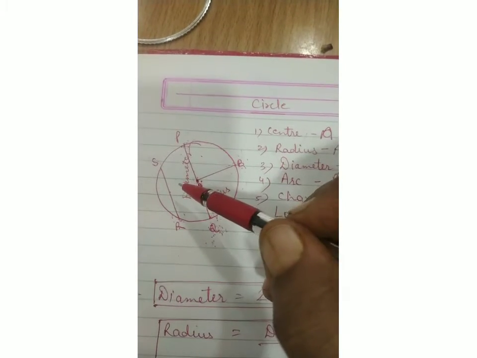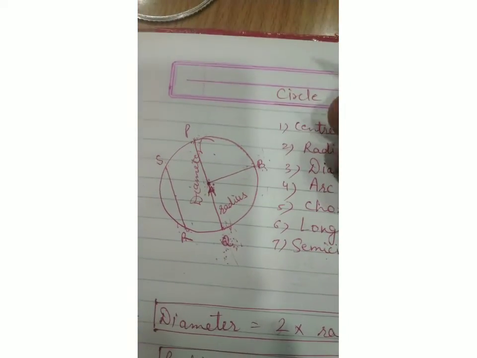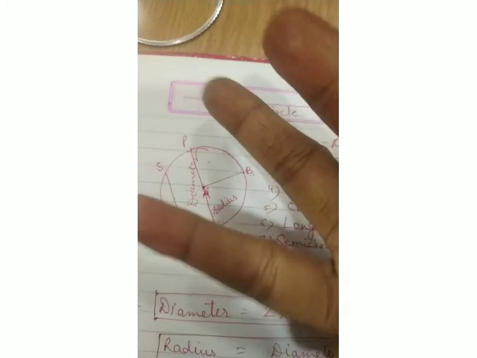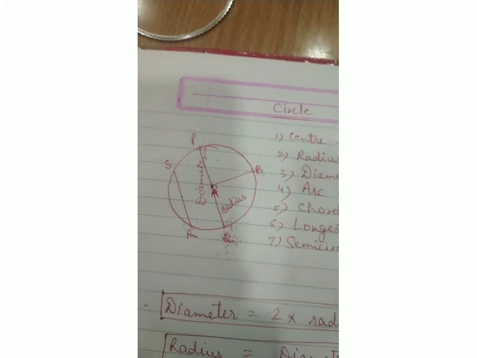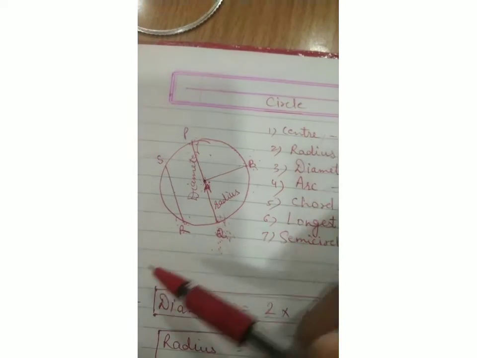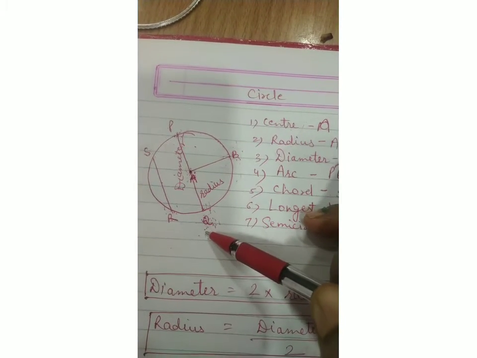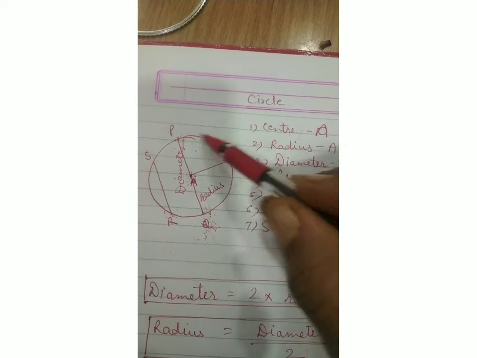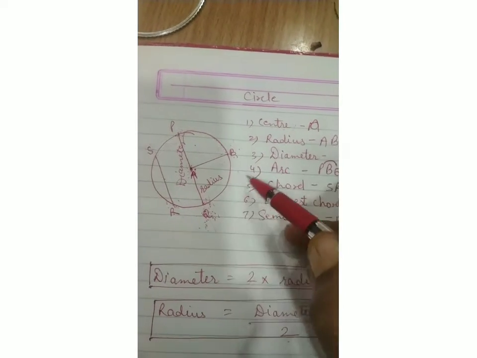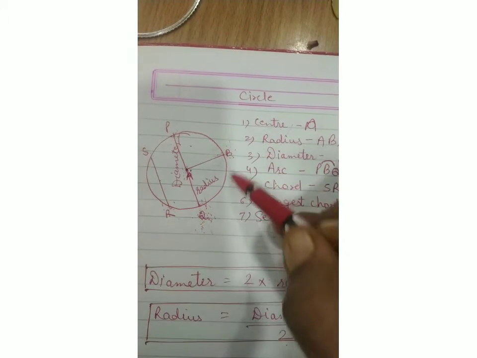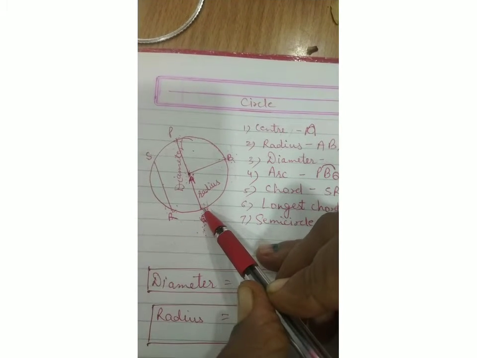Fine. Now we talk about the arc. Any part of a circle is called an arc of the circle. We usually name an arc by 3 points, where 2 points are the end points and third there is a point in between them. So look at this figure. In this figure, we will talk about this PBQ. This is an arc of the circle. Okay. So we will show it like this, PBQ arc. We can say BQR is also an arc. So 2 endpoints are B and R and the middle point is Q.